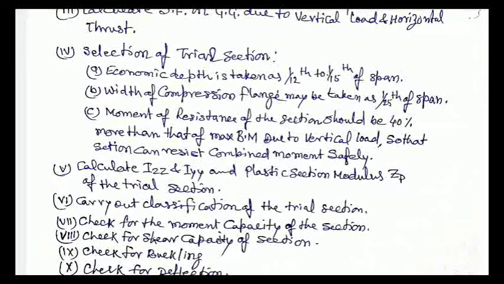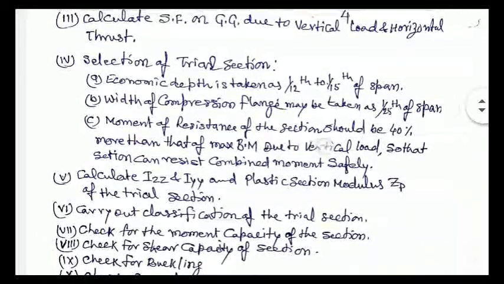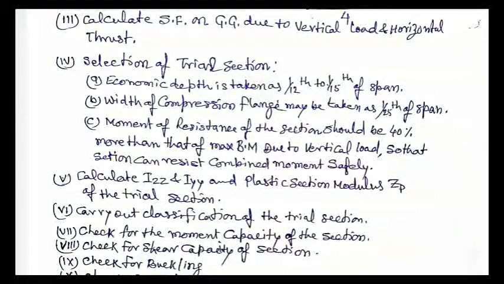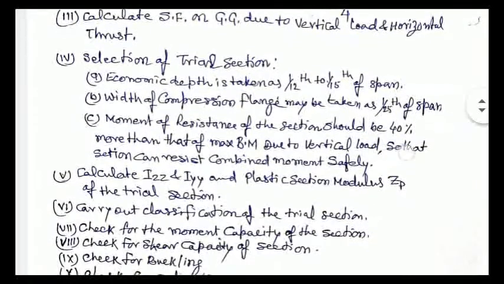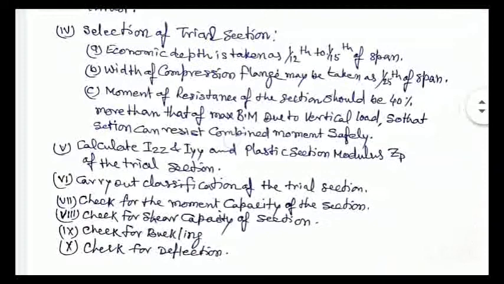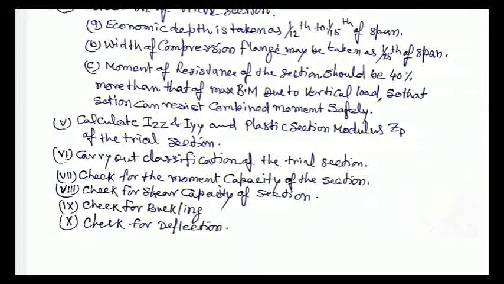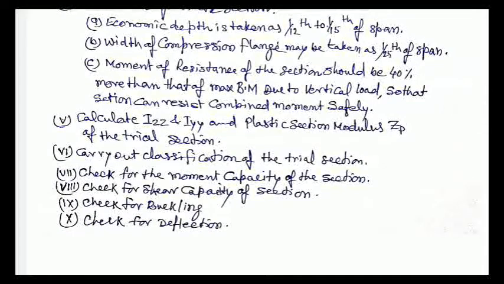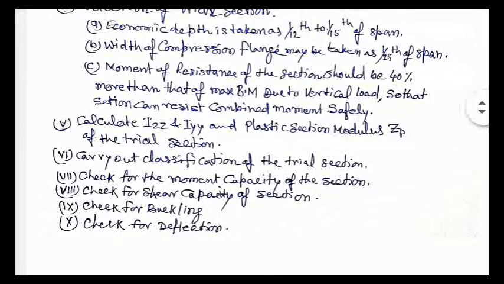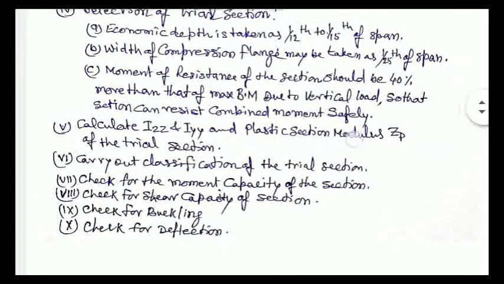So you have to be clear that the moment of resistance of the section selected by you should be 40% more than the upcoming bending moment on the gantry girder due to the vertical load, so that the section can resist combined moment. Combined moment means the moment due to surge as well as the moment due to vertical loads. Okay,